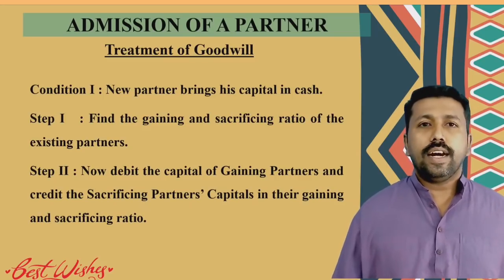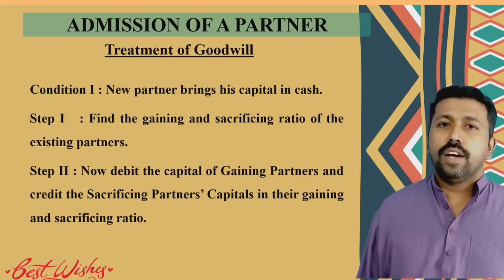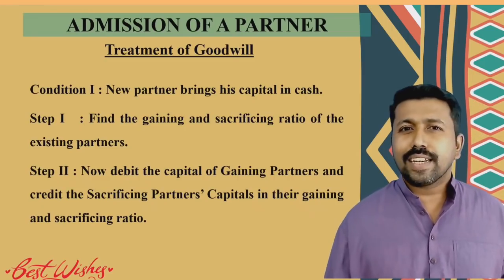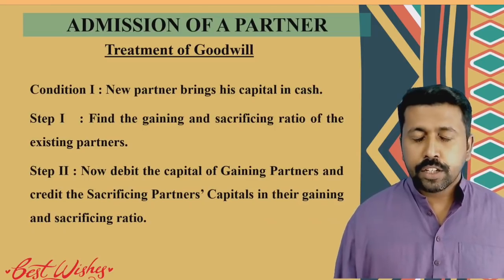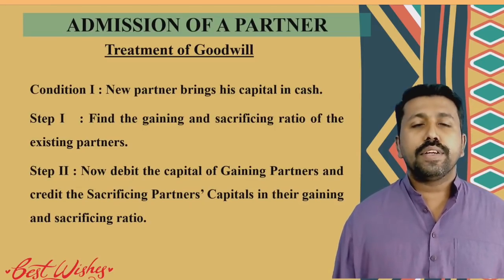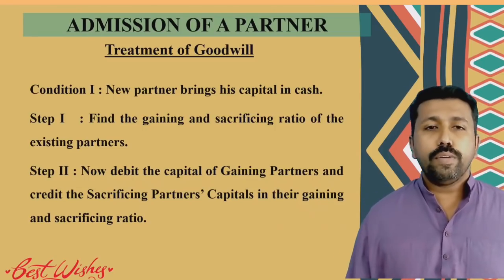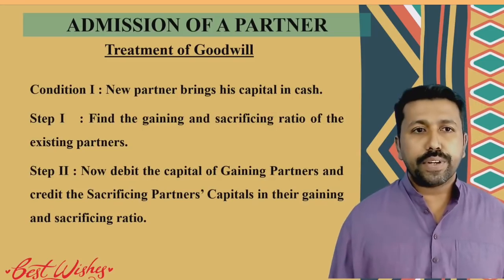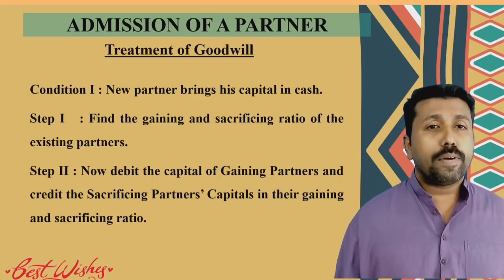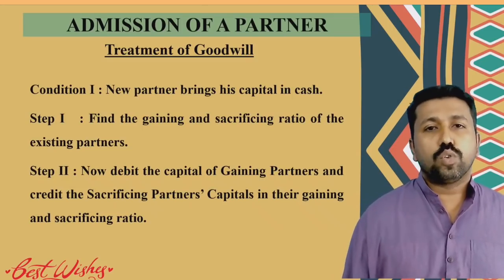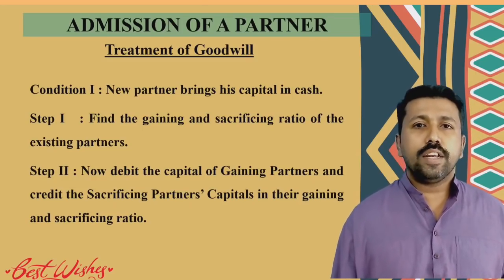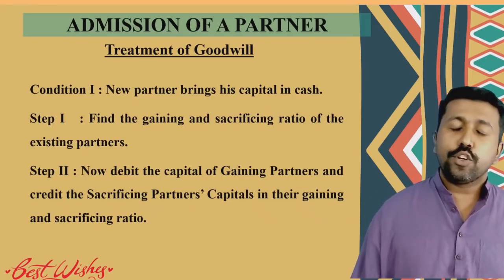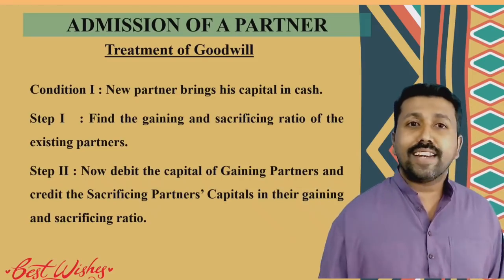Also there will be other methods like capitalization of average profit and capitalization of super profit. You know very well the calculation of goodwill using the capitalization of average profit method. We have to calculate the capitalized value of average profit, and also capital employed. Goodwill will be the difference between capitalized value of average profit and capital employed. And in the capitalization of super profit method, goodwill is equal to super profit into 100 divided by normal rate of return. So my dear students, very important area. Definitely 2 or more questions will be there from this treatment and calculation of goodwill.